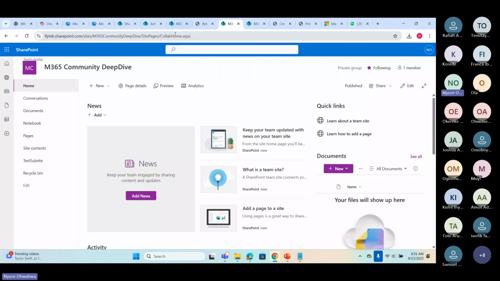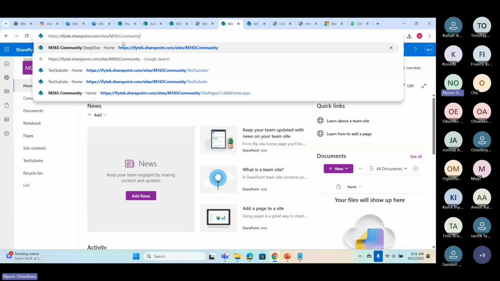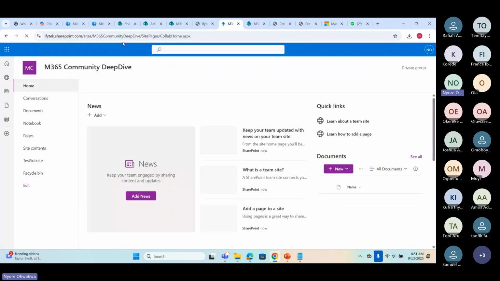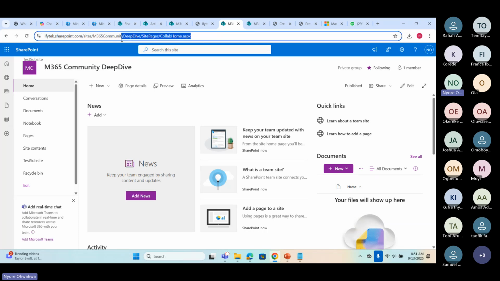So in this case, let's say for example, I renamed this site M365 Deep Dive Community so that I can create another site with M365 Community. But I'm still getting redirected. Okay, let me just show you what I mean.